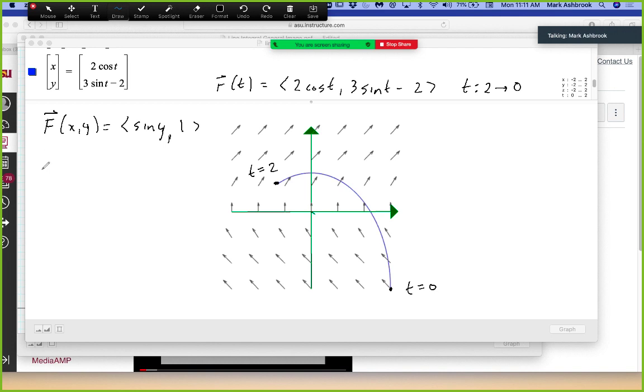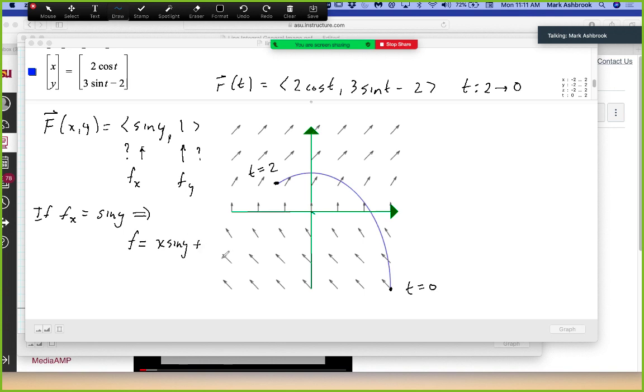If it's a gradient field, then this might be the partial derivative with respect to x for some function, and this is the partial derivative with respect to y for that same function. So if the partial derivative with respect to x is sine y, then what does that tell us about f? That f is x sine y,